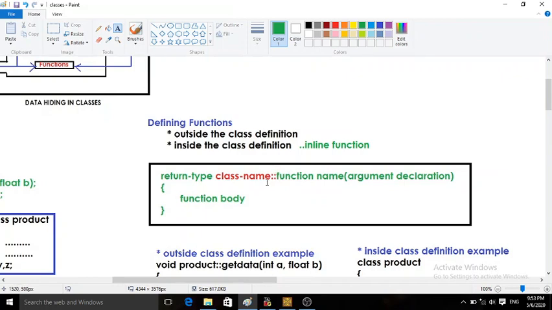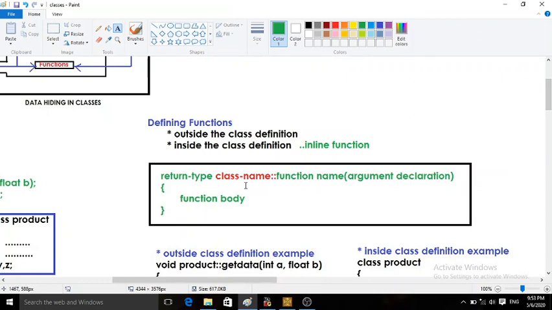It specifies that this function name has scope in the specified class, so this function is available in the specified class. This is another use of the scope resolution operator. Scope resolution operator in detail we have already seen. If you want, I am specifying a link for scope resolution operator in the description box.